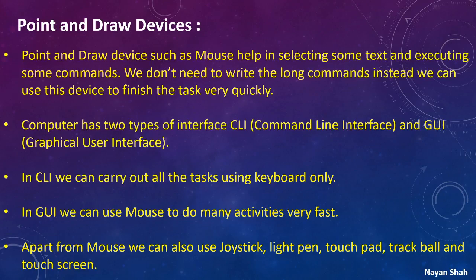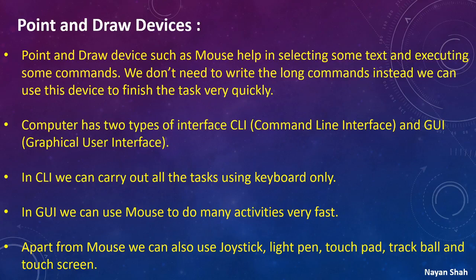CLI is something where we need to type everything and tell the computer. There is nothing like mouse or menu or graphics or anything. It is a simple black and white screen, and we need to type all the commands and tell the computer what we want to do. Whereas GUI is a very friendly environment, graphical user interface, where using mouse we can do so